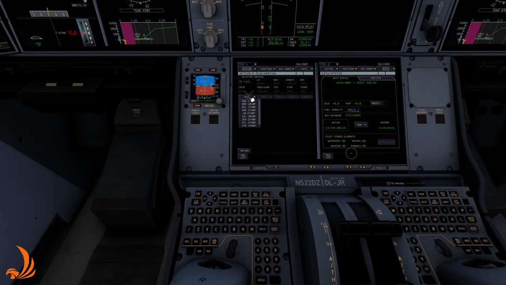KATL. We're gonna land on 27, right? Push it ILS via MCAP. Via MCAP. Oh, I need to specify it in the MCAP in my Navigraph. So